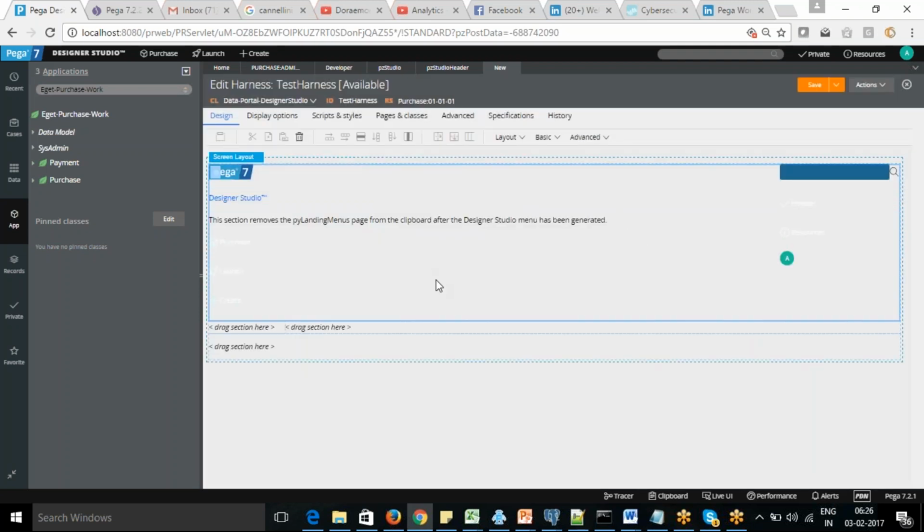Now you can see that I can reuse the section here. That section is included in this one, in the harness.